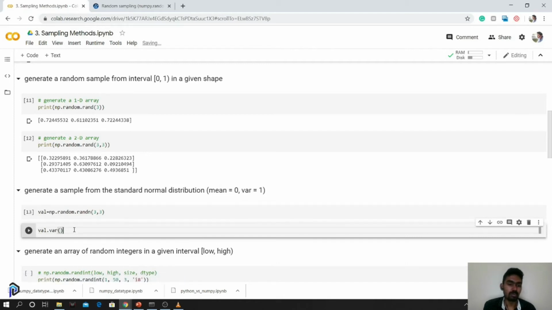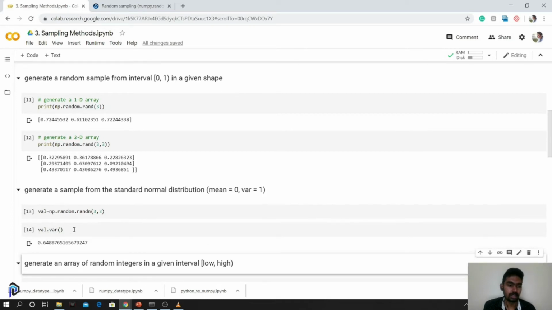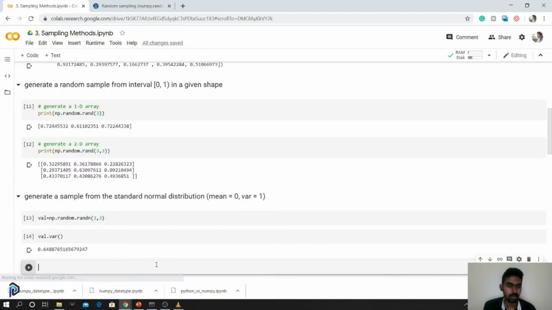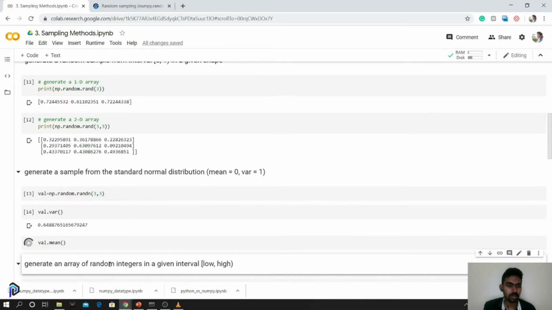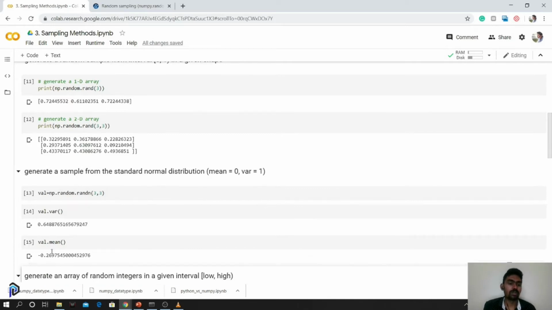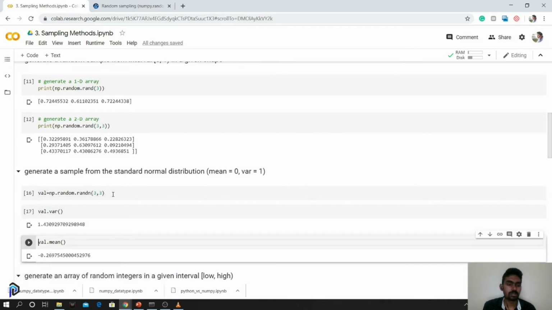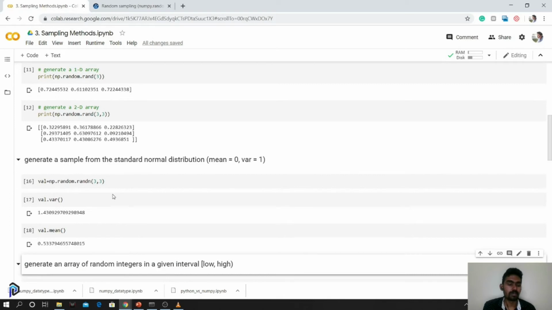It is not exactly 1, but it will be around 1, 0.6 over here. And let's also print the mean. It's around 0, not exactly. You can also run it again. So it's above 1 this time.